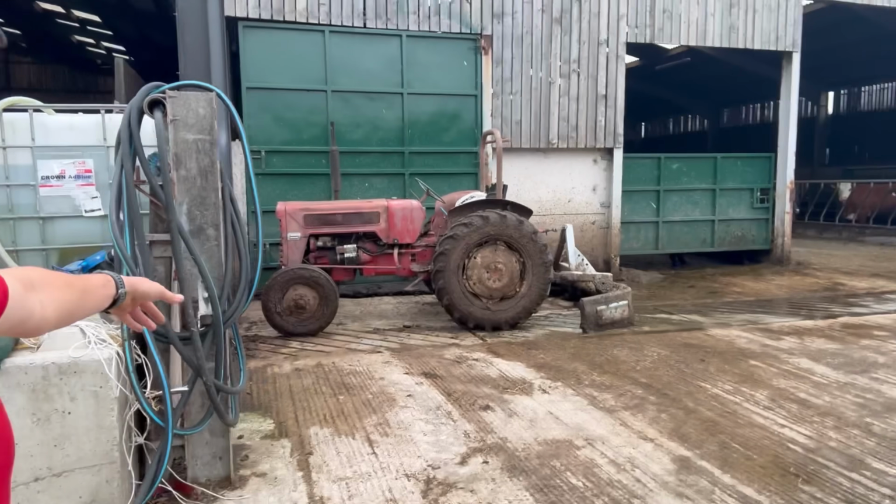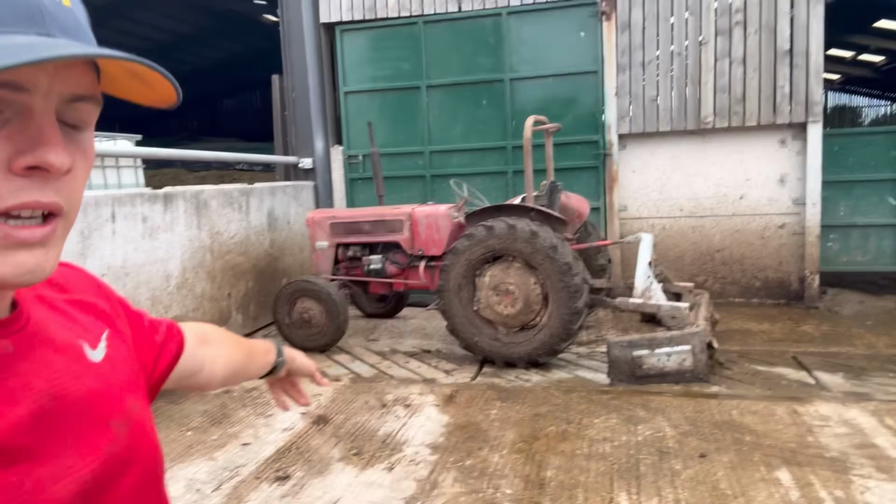This is where we get some of the slurry from. So we've got Tom's sheds, he rents off us. He's got what let's call conventional beef sheds. Literally scrape out into these slats. There's slat tank things underneath there, but the difference is with my shed,